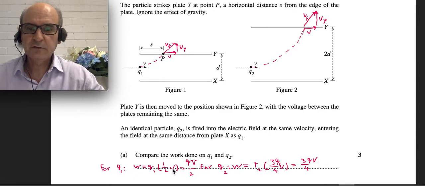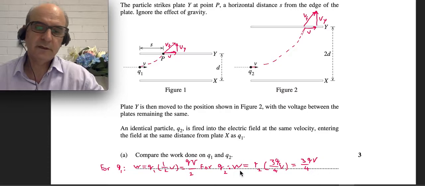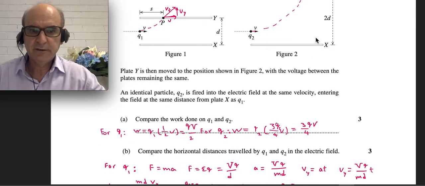So how do they compare? We can divide this by that and see QV will cancel out, and 3/4 divided by half, which is 2/4, so that becomes basically 1.5 times of that, the change in kinetic energy. All right, in part